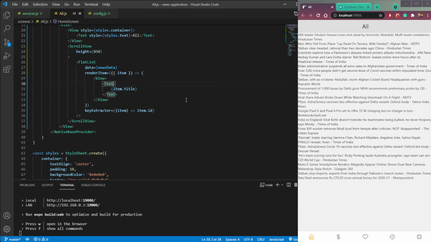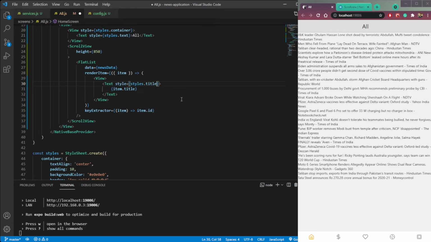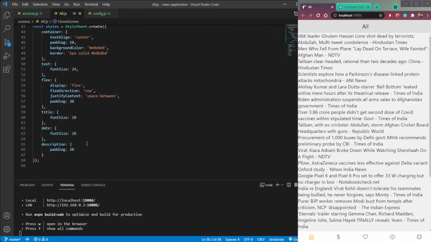Text should be style equal to styles.title. Save the file, and you will see our title font size has been increased.